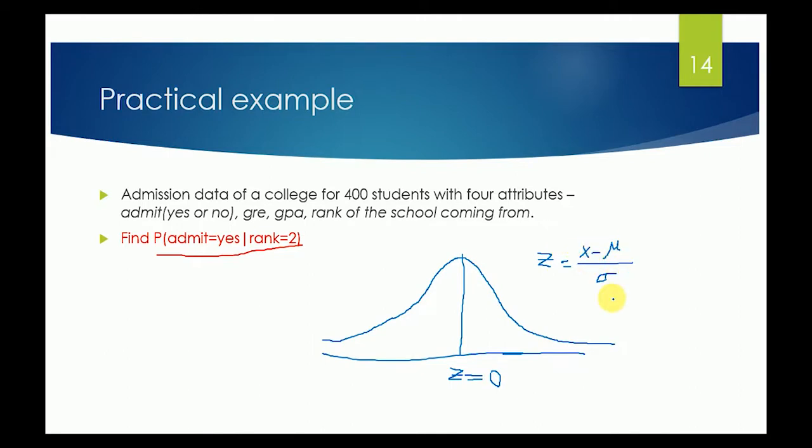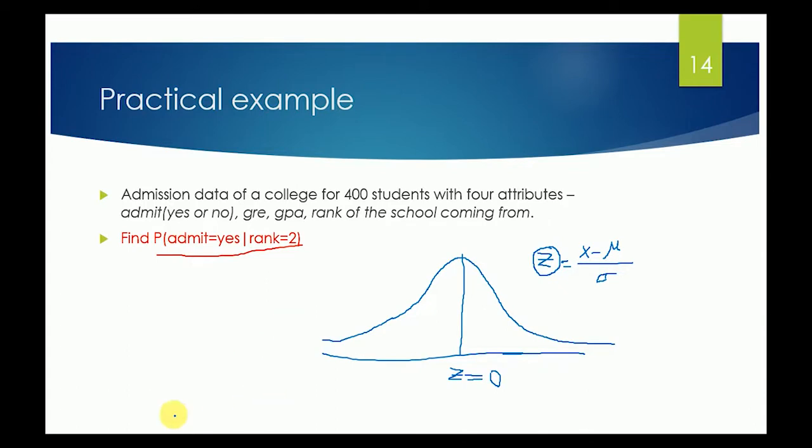This mu and sigma is nothing but the mean and standard deviation. X is the value of the current observation. Mu and sigma are mean and standard deviation respectively. So if I know mu and sigma of a normal distribution, I can convert it to the standard z-score. And if I know the standard z-score, I can follow the z-score table, and from that table I can generate